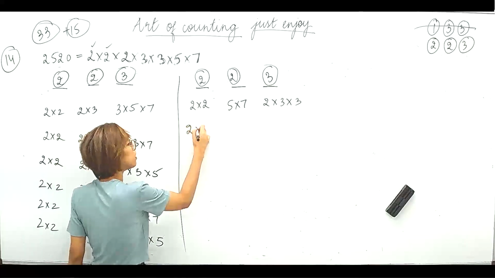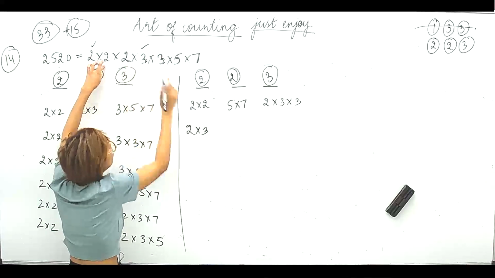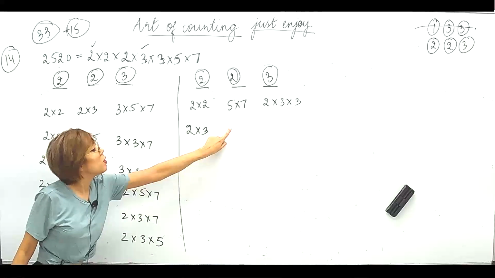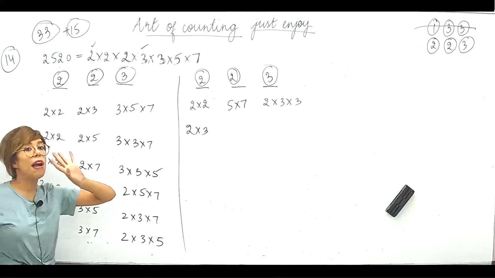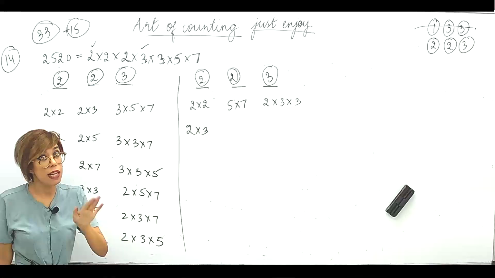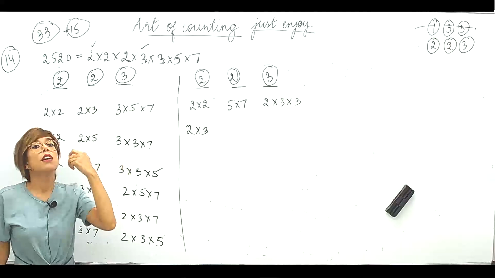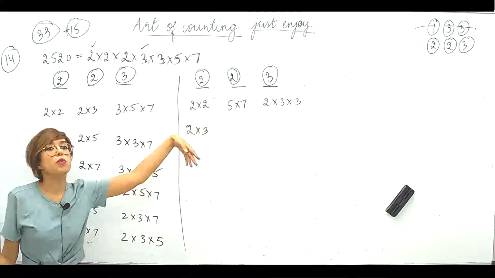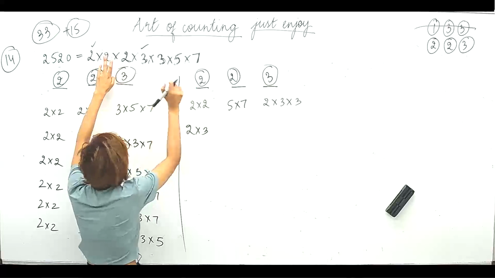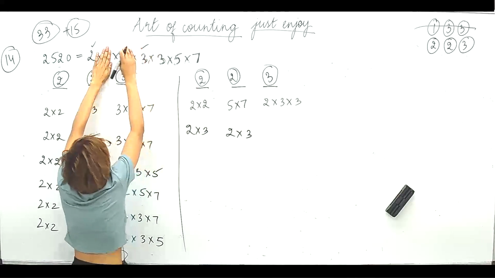So let's move on to 2 into 3 ones. 2 into 3. So first I'll take 2 into 2. I should not take that. Okay, I'm taking 2 into 3, and 2 into 2 I won't take, it's already considered here. Now I know some cases are getting repeated, so I'll be careful. At the end I'll check, not a big deal. But still, if I can see the cases which are being repeated blatantly, I will remove them. So 2 into 3, I will not be taking 2 into 2. I will take 2 into 3. Straightforward. Right? So I took 2 into 3, and I'm left with 2, 5, 7.